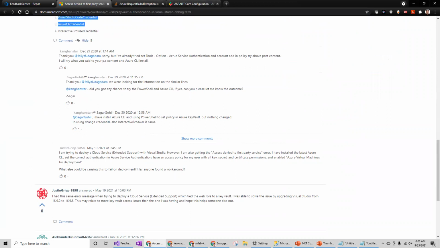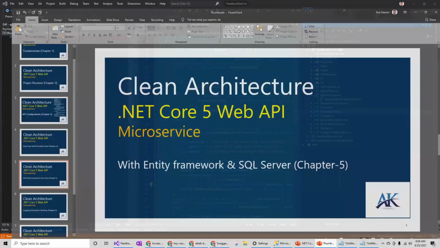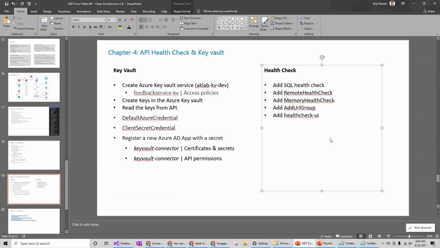So let's begin with the health check topic. In the health check, we'll be discussing first of all, we need to add the required NuGet packages for the API health check. I'm going to add Azure SQL health check, remote API health check, in case your API is talking to any external services, to make sure that you will also be connecting to that every 10 minutes or every 1 hour to make sure that the API is still healthy with all the endpoint checks.